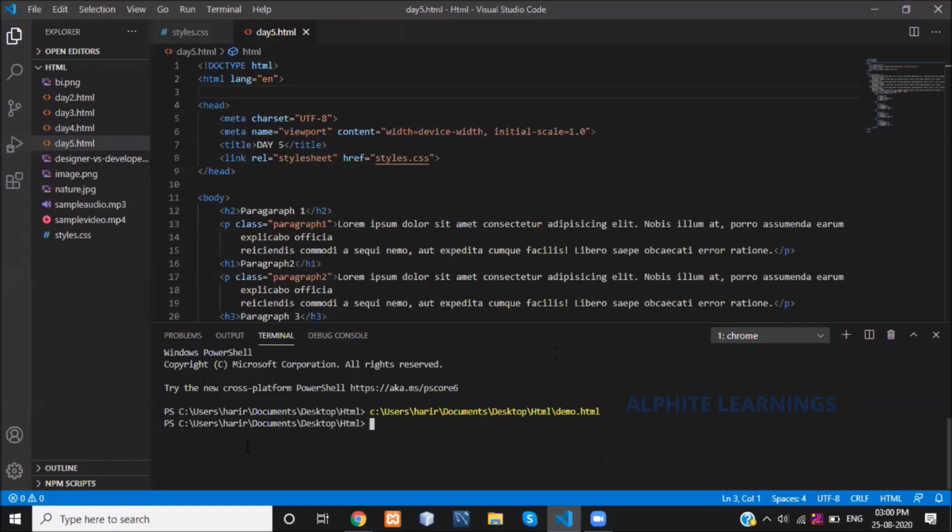Before going to start the session, as usual, let us have a quick recall on the past session. Let us have a quick recall on the topics we discussed yesterday. Right, on that, very first, we have